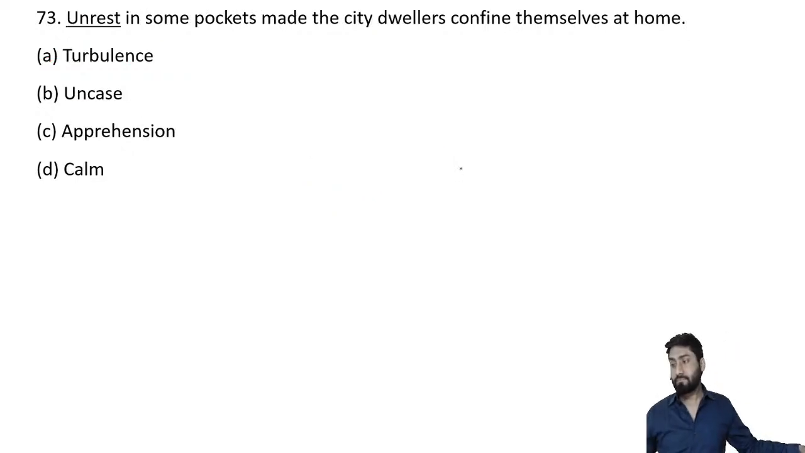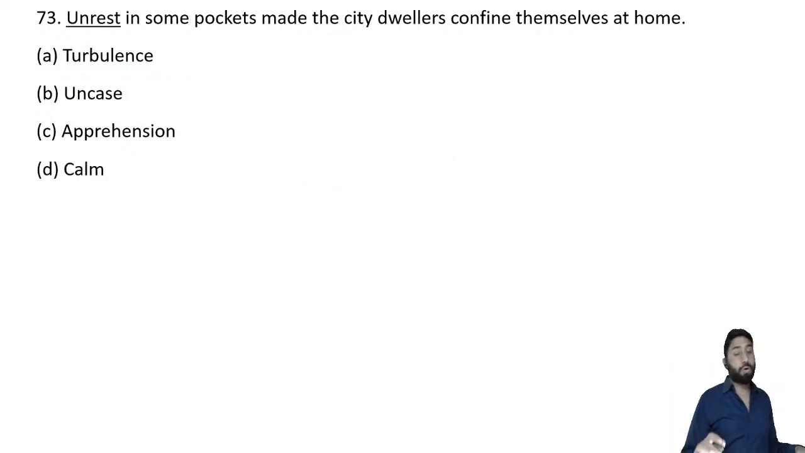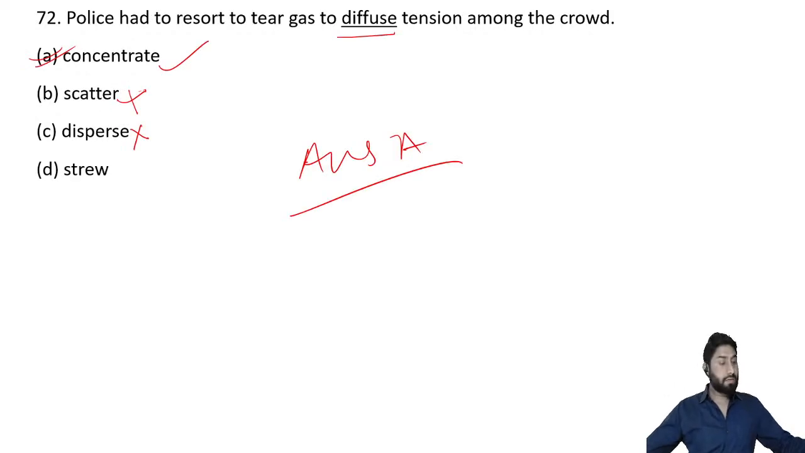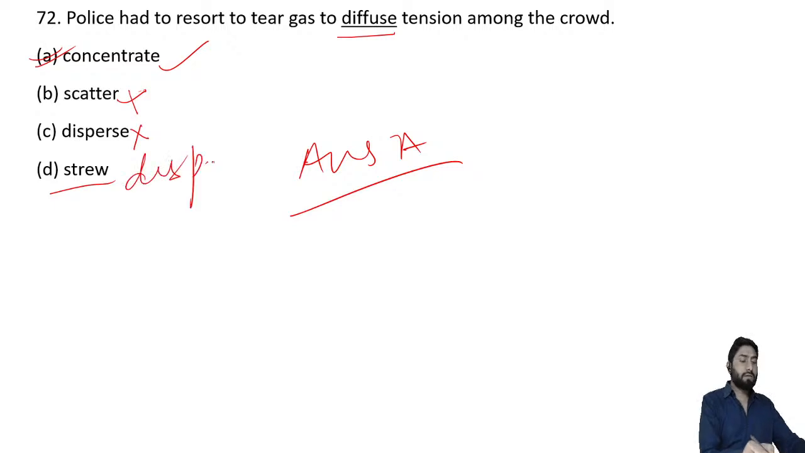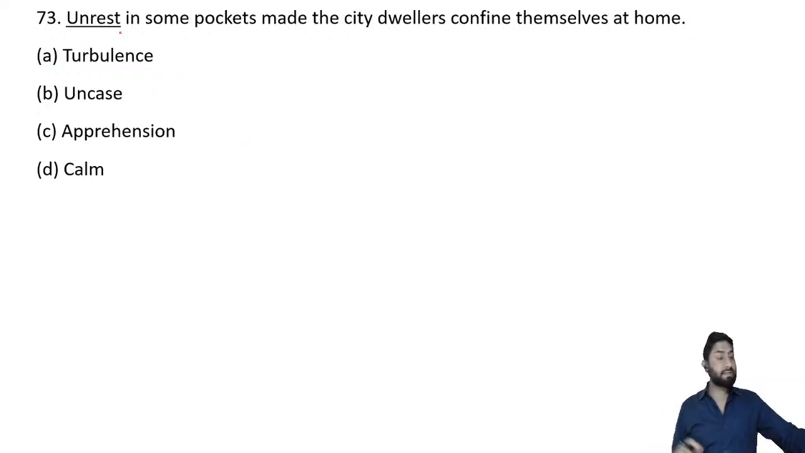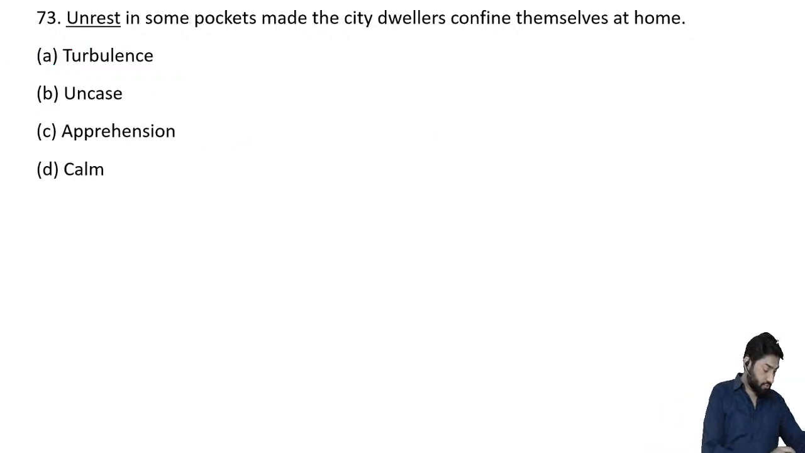Next, unrest in some pockets, and this is again I think properly typed, diffuse, right. सो दैट्स हाउ इट इज. हमने सारे मार्क कर लिया, ओके ऑलराइट. स्ट्रू हो नहीं सकता, क्योंकि इसका भी मतलब डिस्पर्स से ही होता है, so that's also a synonymous word, cannot be that, so that's the answer. Next, unrest in some pockets, options सारे वही हैं: calm, apprehension,